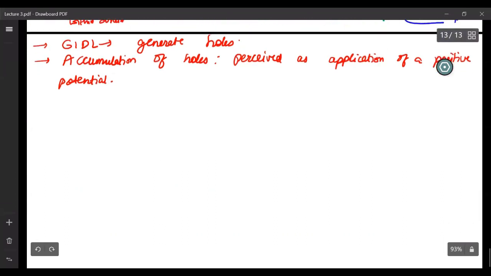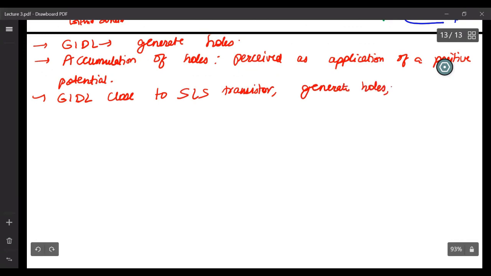So just by this GIDL mechanism close to the source line select transistor, they generate these holes, and these generated holes boost or increase the potential of the channel region.